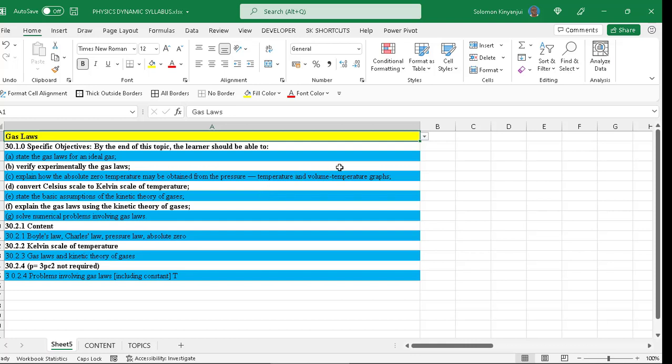This will help you to select the topic without searching, scrolling, or going through a book. So this will be more convenient. For example, if you have Excel on your mobile phone, you can also use it, or maybe on your tab, you can use this to check the different topics and the specific objectives